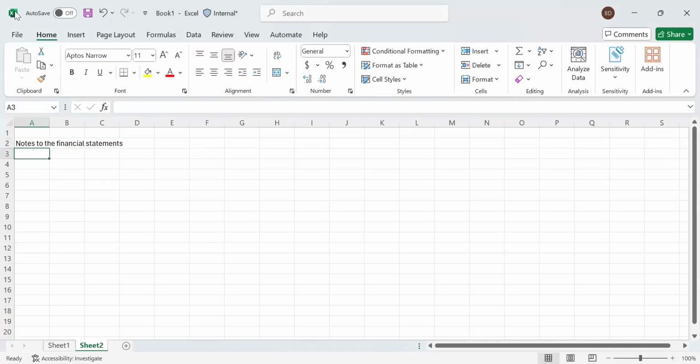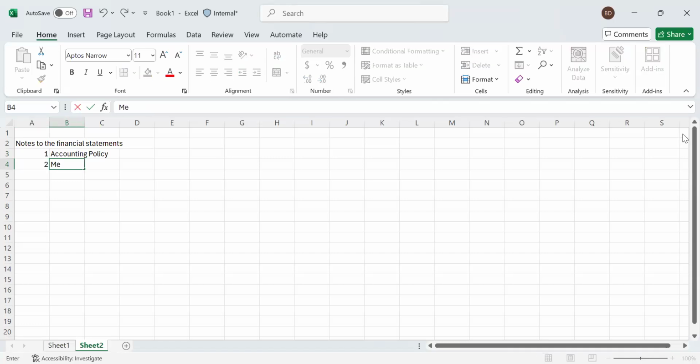So let's say you are being asked to state the notes to the financial statement. Okay. So note 1 will be what? What is our note 1? Accounting policy is normally note 1. And what is the accounting policy? Anyone? Okay, let's just go through them. I will come back to that one. Note 2 will be what?